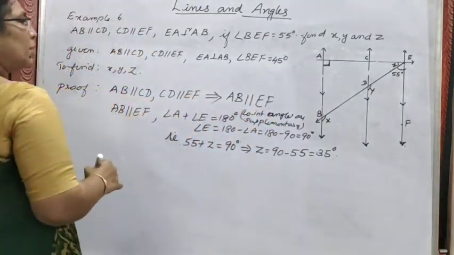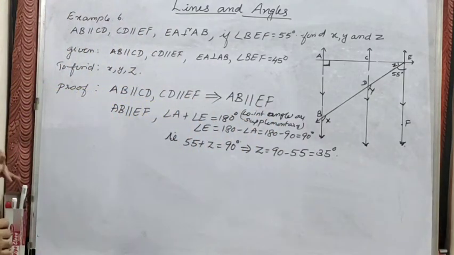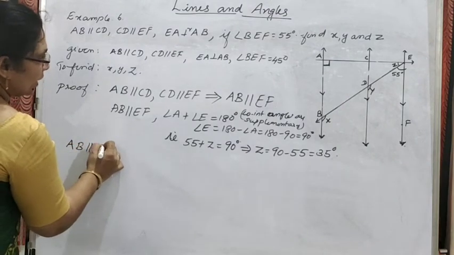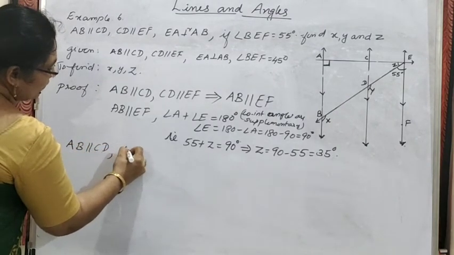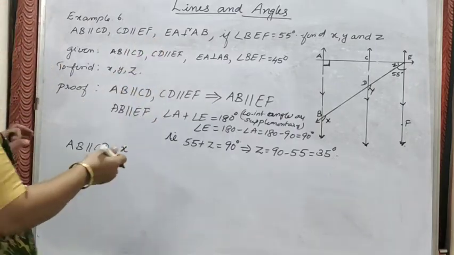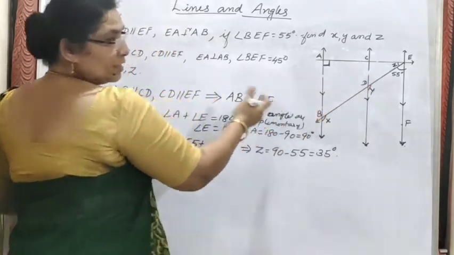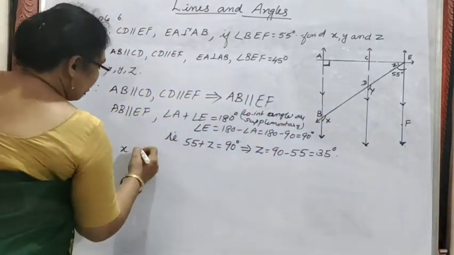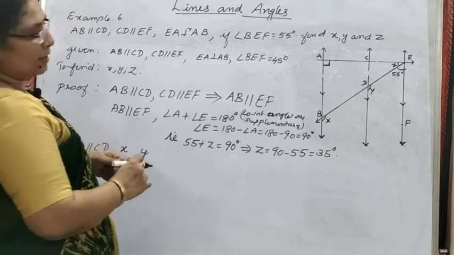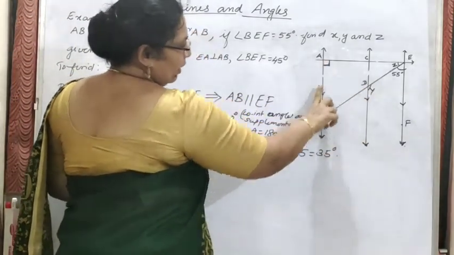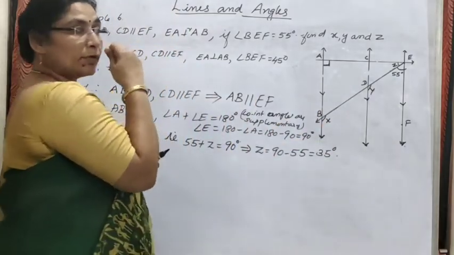Right. Now what is the next step? We should find X and Y. Now if you consider the lines CD as well as AB, we are considering which lines now? AB parallel to CD. And the transversal is which one now? The line EB. EB is the transversal, or we can say DB is the transversal. Now X and Y, which type of angles are they? See this one. CD is the line we are considering above, and AB is the other line. X is also above the second line.